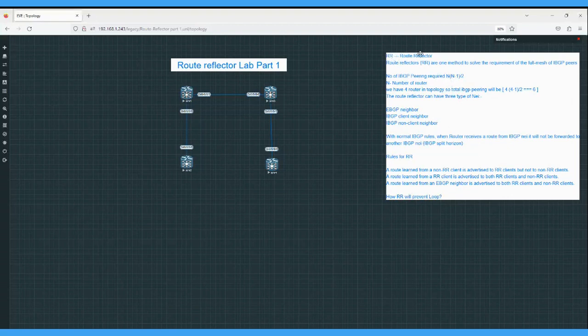RR, what is RR? It is the route reflector. What is the job of the route reflector? It solves one problem, which is the requirement of a full mesh of iBGP peers. So we will see why we require a full mesh of iBGP peers, and this is the formula I